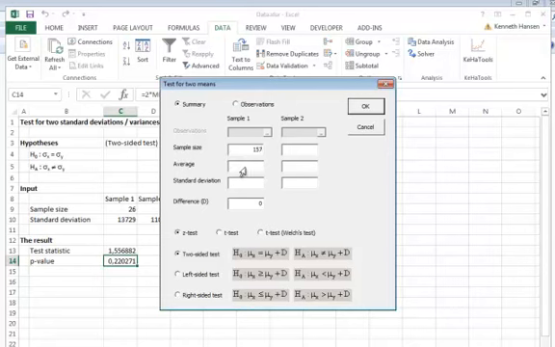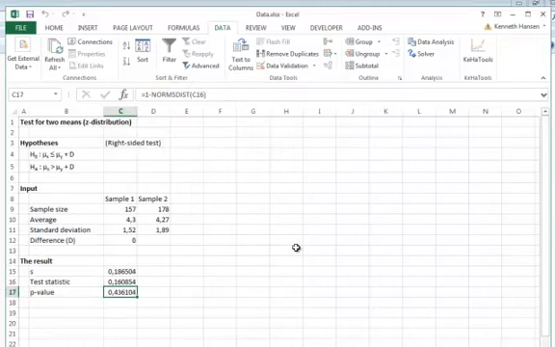We type in the observations. And as we believe that the older persons eat more cheese than the younger persons, we choose a right-sided test. We have large samples, so we use a z-test, and we get this result.